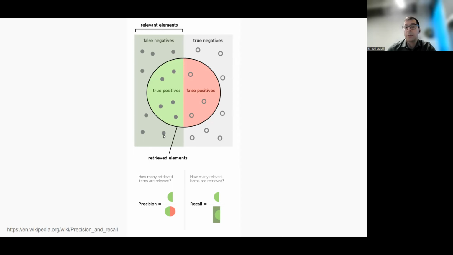However, it might still miss other parts. Recall is a little bit different. Recall means that from all of the patients who have been sick, how many of them were actually identified as sick? So from all positive patients, how many were detected by the model as positive? These two, precision and recall, are two concepts that you use.